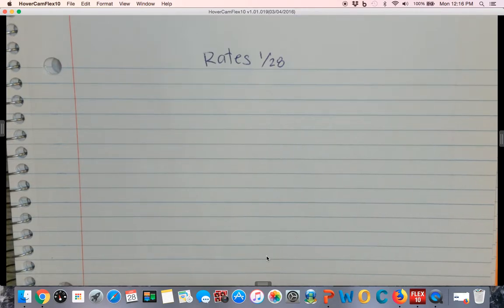All right, so today we're going to talk about rates, and rates is the second part of ratios because a rate is basically a ratio. So I'm going to give you a couple definitions and some examples, and this chapter should be very short. All right, so